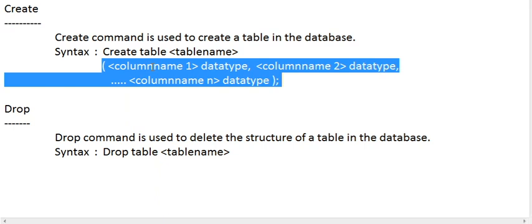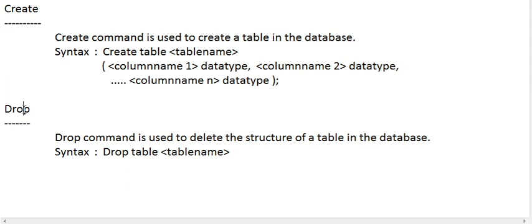Let us say there is an employee table. For generating the employee table, how can you write the syntax? CREATE TABLE, the name given to the employee table, EMP or employee, whatever it is, and the column names. Generally for an employee, what are the attributes? Employee ID, employee name, salary, department, address, etc. You have to specify the attribute name or column name and the corresponding data type. After that, close the parenthesis and give the semicolon. This is the syntax of create table.